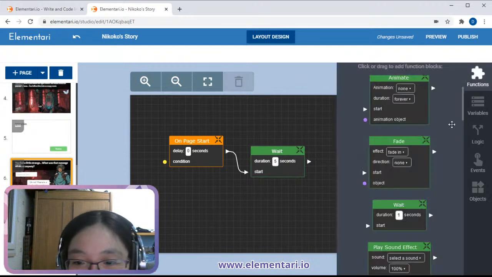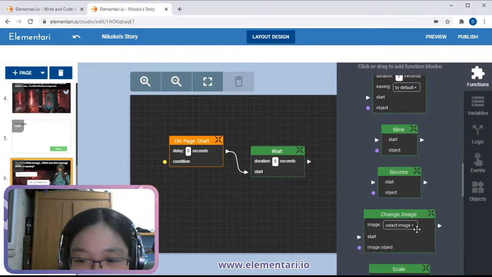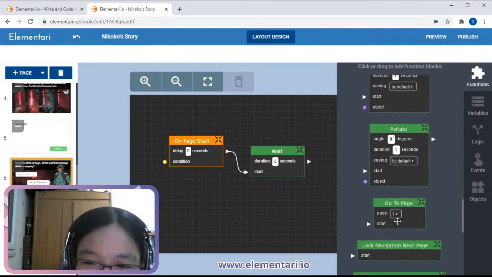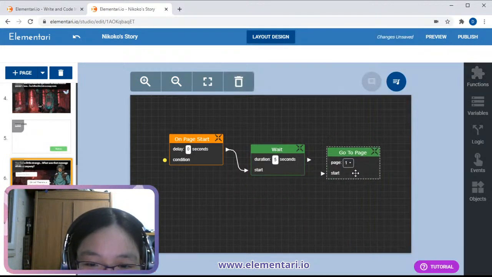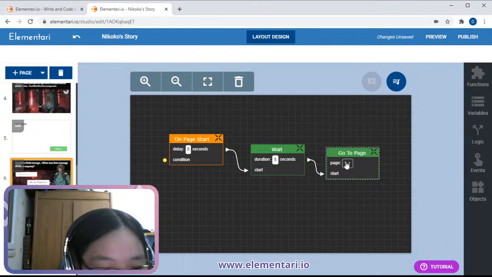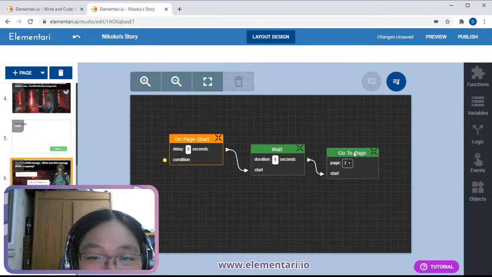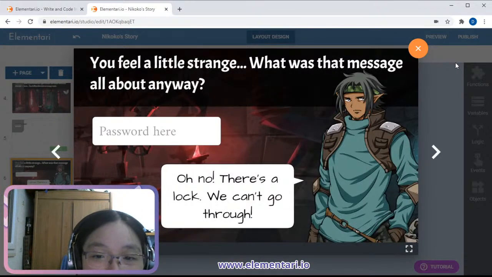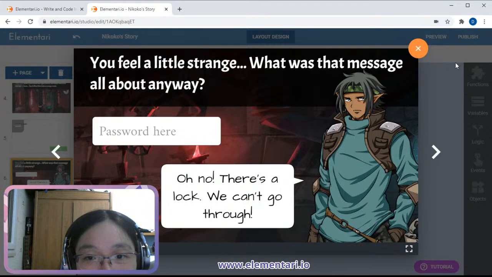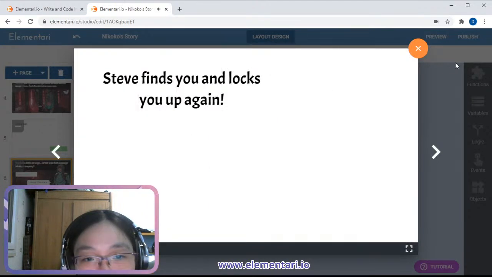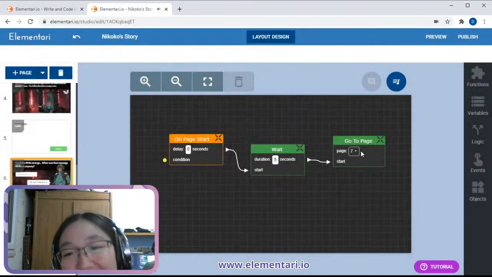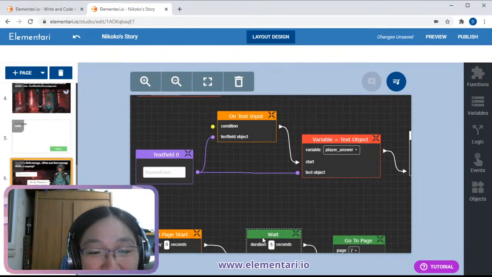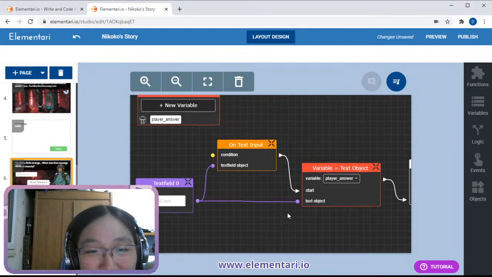If they don't answer in 5 seconds, you're locked up. Then go to page 7. So let's preview. There you go. So you can do things like that as well to make things a little bit more exciting for your player.